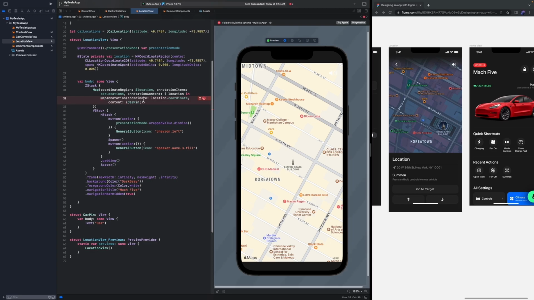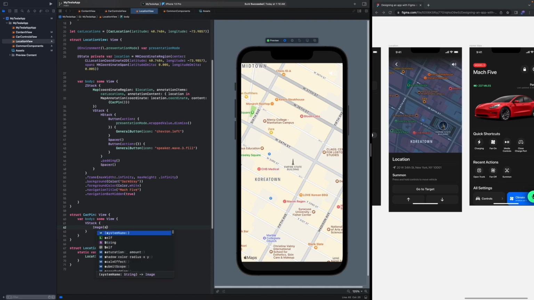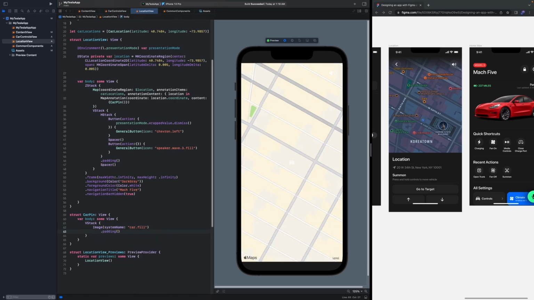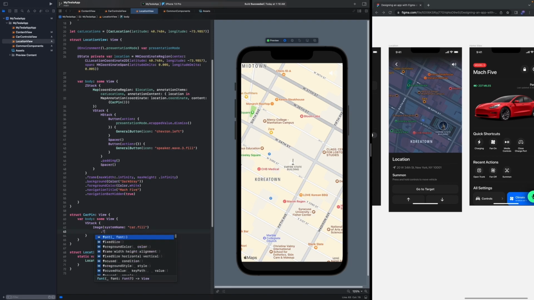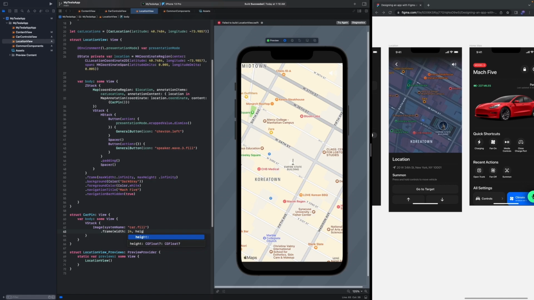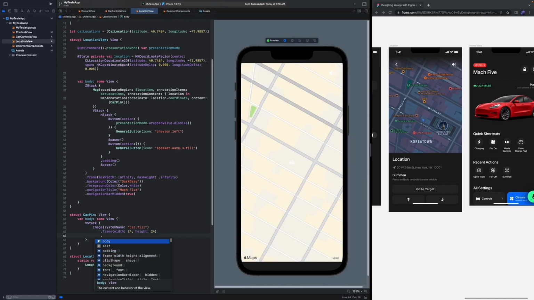Now, need to add these. Cool, succeeded. And we can hit resume. You can see very lightly it says car, so let's update that. What we're going to do is create a VStack. At the top, we're going to have an image or an icon, systemName car.fill. We're going to add padding around it. Not even padding, let's just give it a frame. A frame, the width is going to be 24, the height is going to be 24, the background